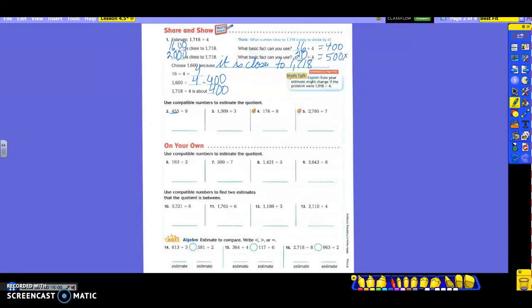Yes. So I'm going to change this to 450 divided by 9. Okay? So something a little bit easier like that. Some of these will be divisible. Some of them you're going to have to change to something that's close. So what is 450 divided by 9? Not 5. 50 because I have a 0, so I have to make sure I bring it down. Okay? I want you to work with